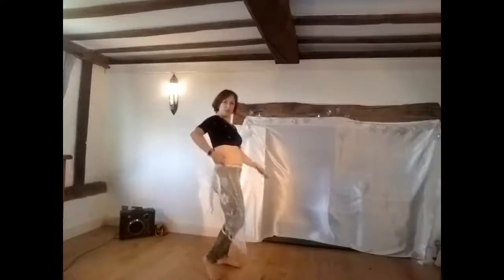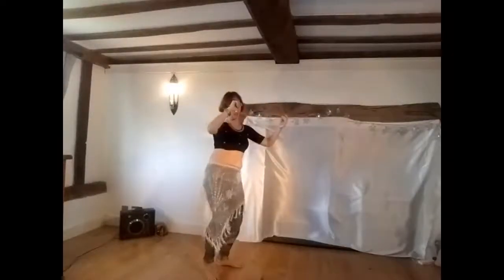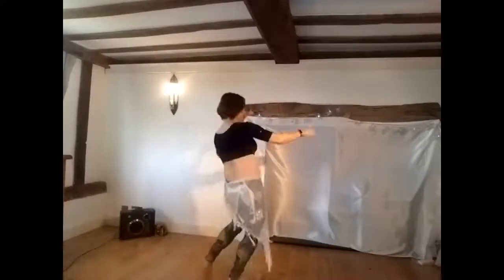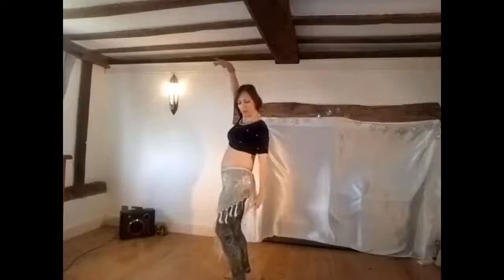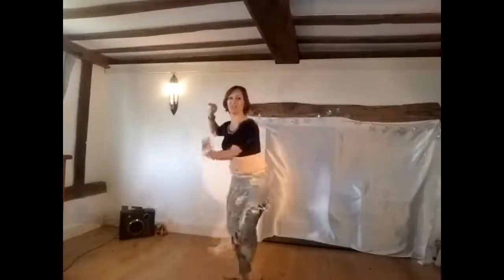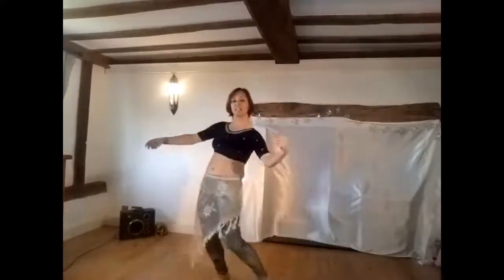Single hip circles. And stepping it around, swooping those hips, shimmying if you can. And now extend that arm up, still shimmying the leg. I forgot what we're doing, figure of 8. And then shimmy, hip swing to the front,